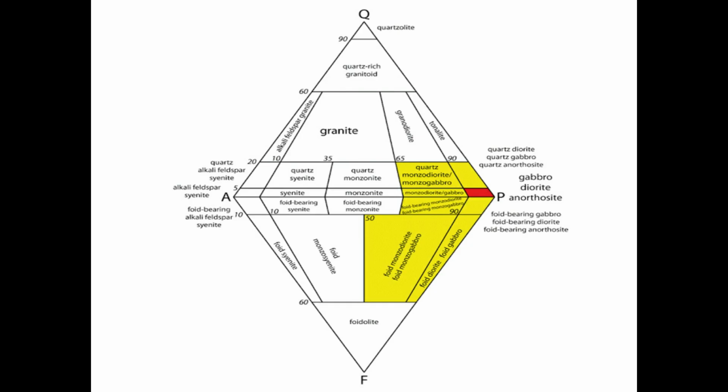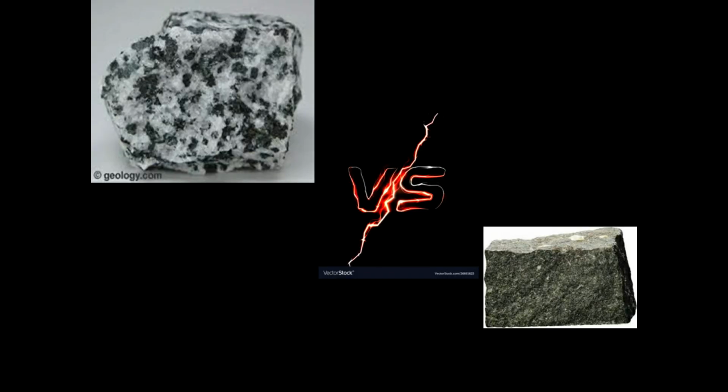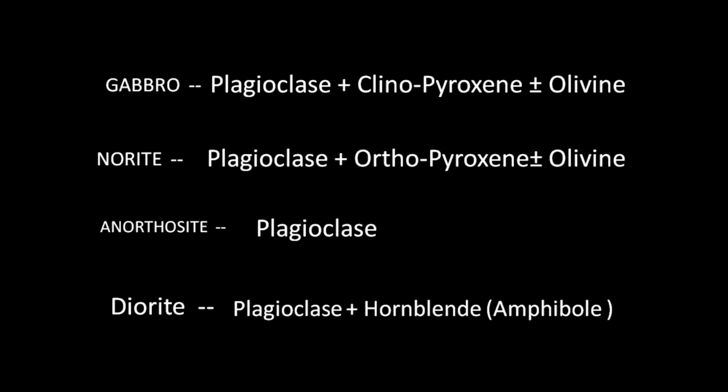So if a rock has a composition which falls near that box in P, what will be its name? That's pretty confusing, right? Don't worry, we will solve that for you. In order to distinguish these rocks from one another, we must find the differences in their properties, their chemical composition, etc., so that we can differentiate them. Before going into the exact differences between them, let's just talk about the basic composition of these rocks.